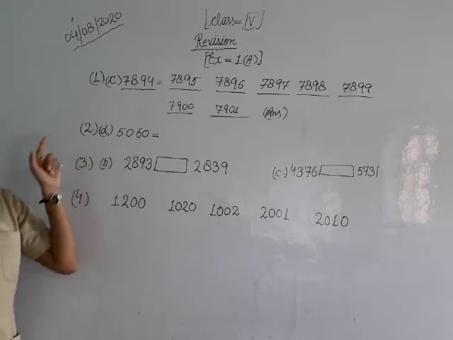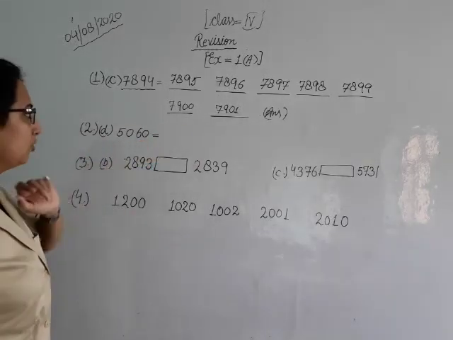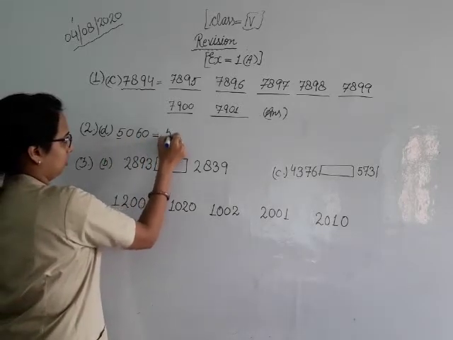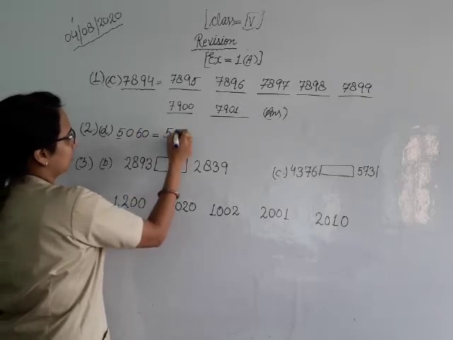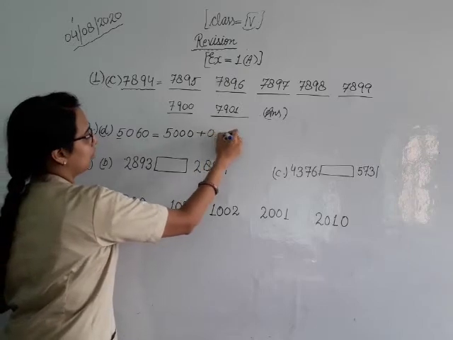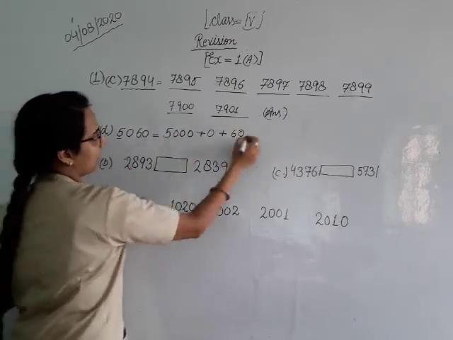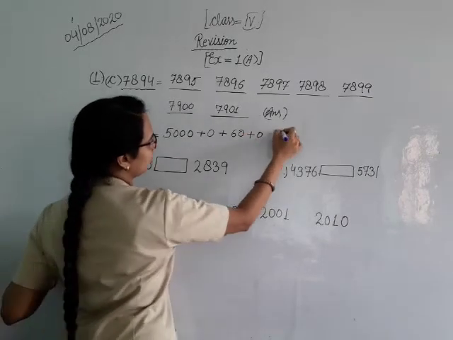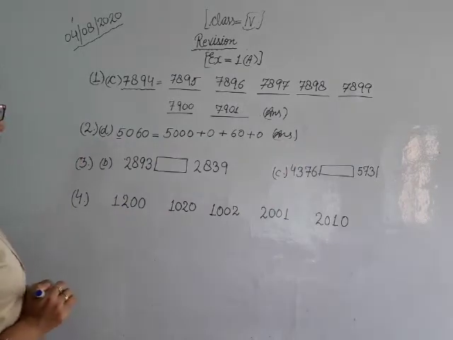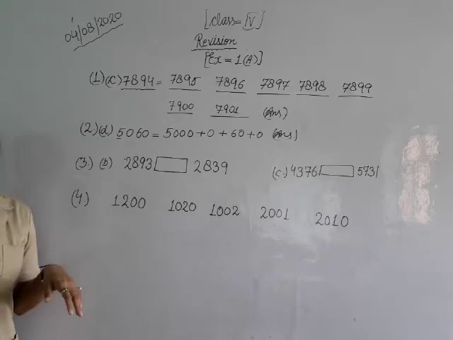Now coming towards our question number 2. In this, write in the expanded form. We have to write this figure in expanded form. So how we will write this? See, first of all, what is there? 5. 1, 2, 3, 3 zeros we will put. Plus 0. Plus 6. And how much 0? 1 0. Plus 0. This is your expanded form. Okay? It is clear to you? Yes.